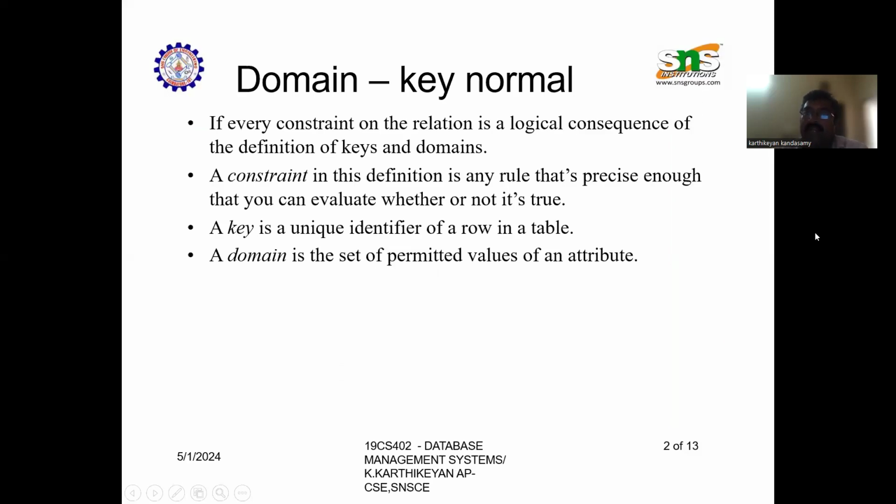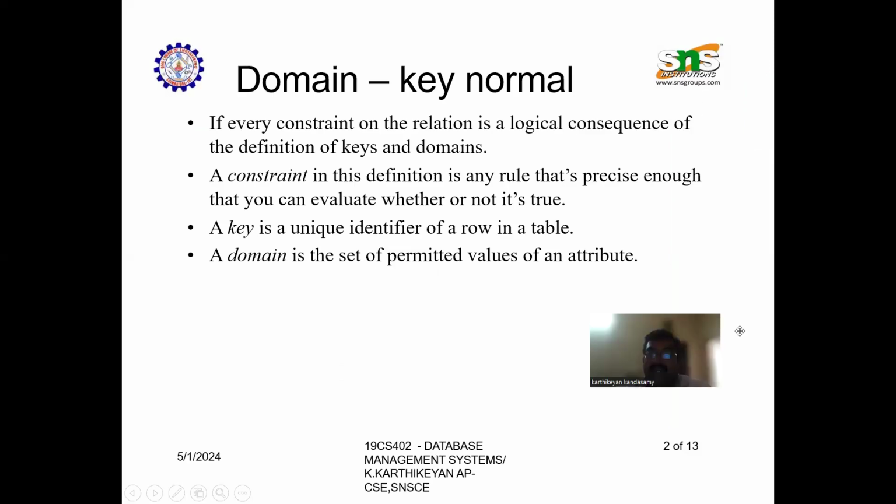What is domain key normal form? So domain key normal form holds if every constraint on a relation is a logical consequence of the definition of keys and domains. A constraint is any rule precise enough that you can evaluate whether or not it is true. For example,